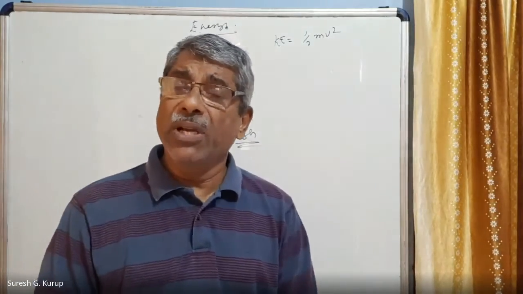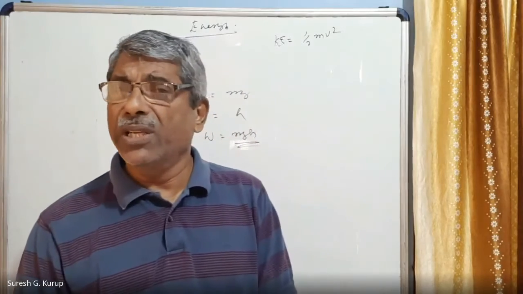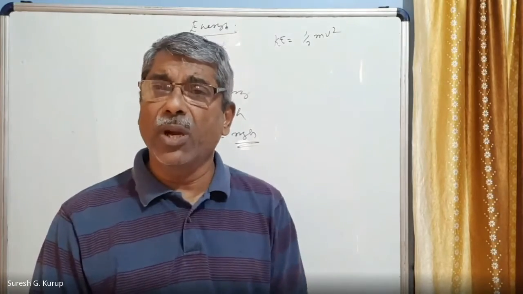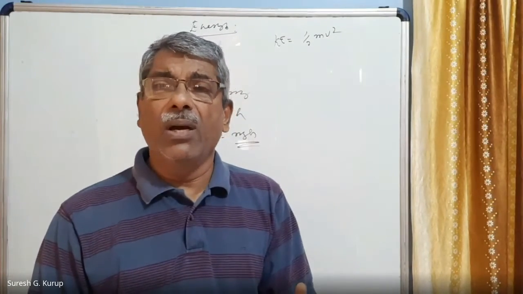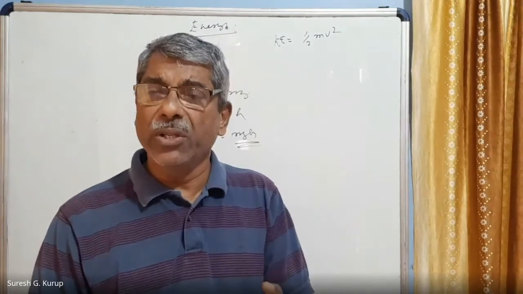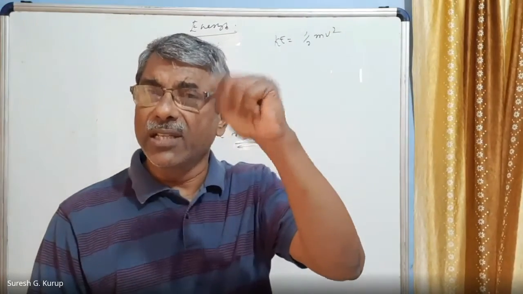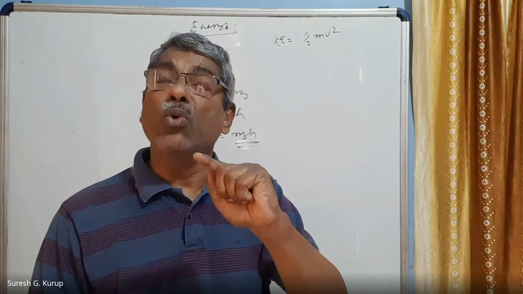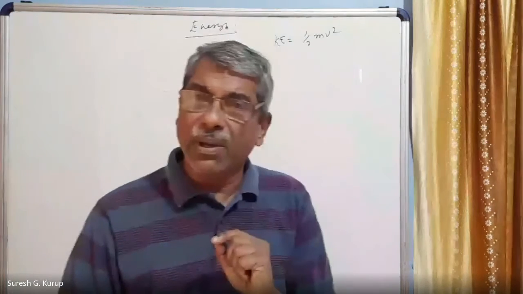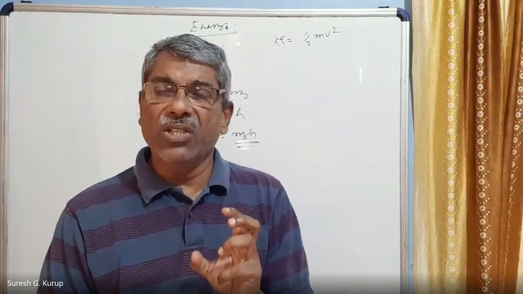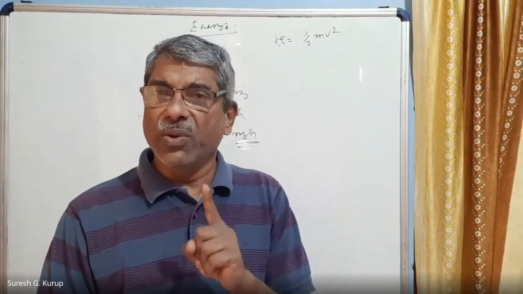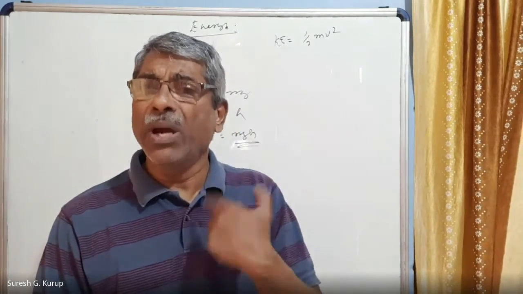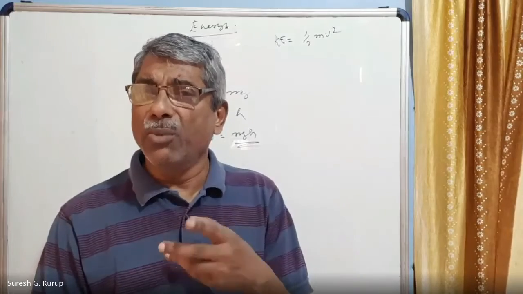So potential energy can be gravitational potential energy, and also potential energy can be elastic potential energy. Gravitational potential energy, I told you, when an object is taken from the ground level to a height h, you have to bear a force equal to the weight of the body, and you are moving a height h, that is the displacement. Then work done is equal to the force applied on the body by you into the distance through which you have climbed up. The force in this case is equal to the weight, that is mg, and h is equal to height. Therefore, work done is equal to mg into h. This much work done by you is stored in the form of potential energy.